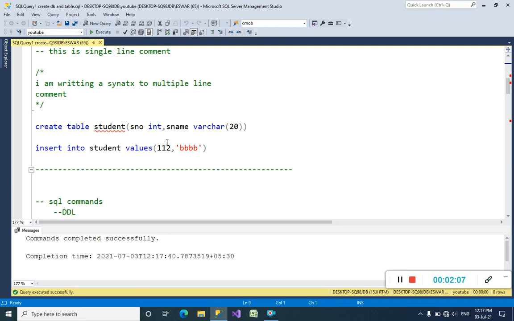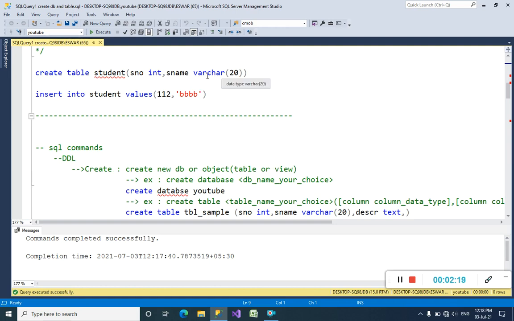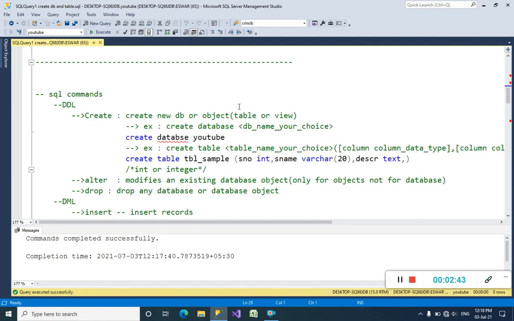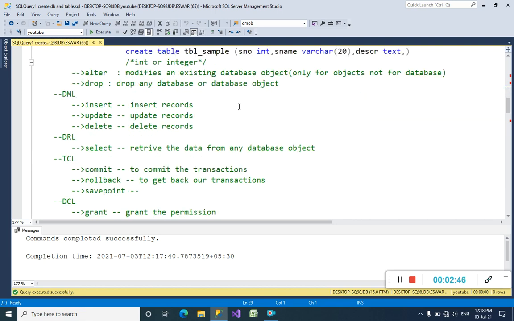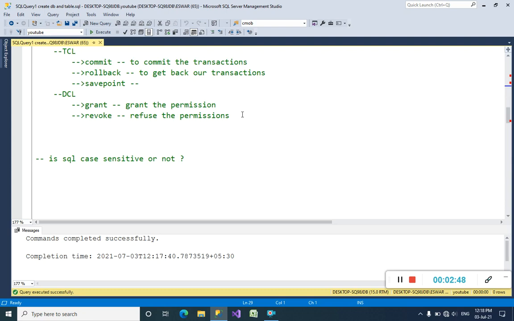Actually I want to tell you that today's session is only for creating a table, because before creating a table we must have knowledge of data types. The table contains columns and rows, right? Rows are records, and columns are nothing but the type of data we want to give into the table, which we have to mention here. So today I am going to teach you how many data types exist in this table, and how we can pass the values into the data type.